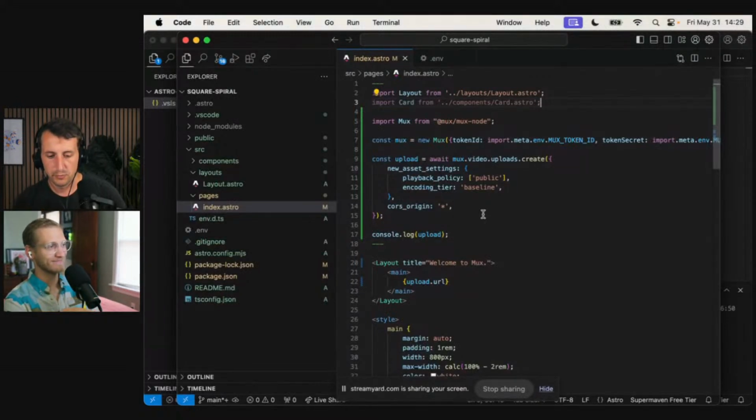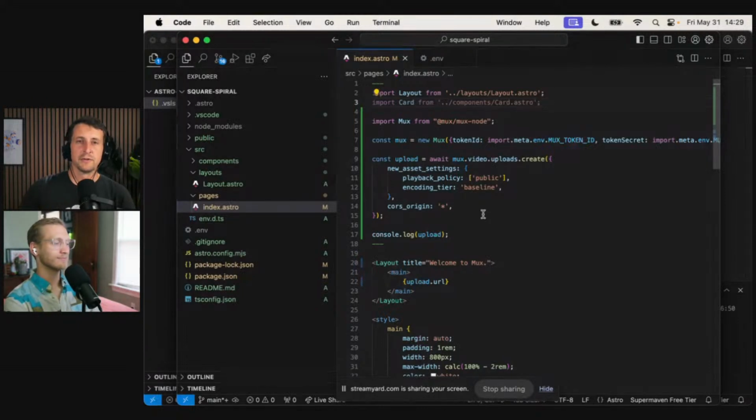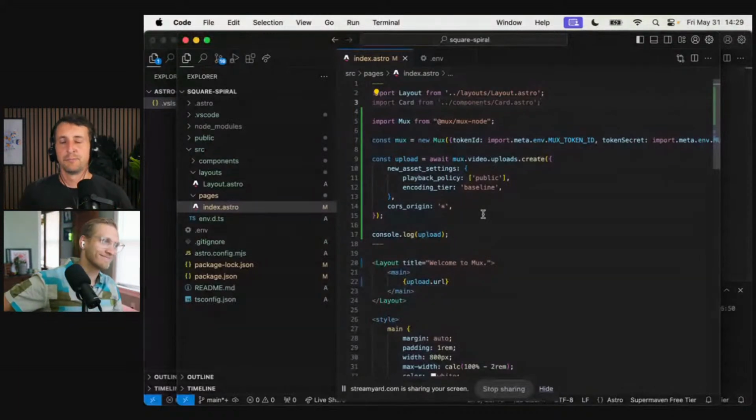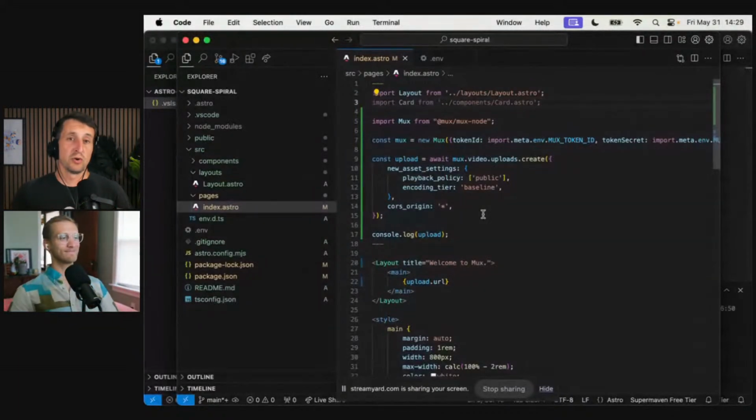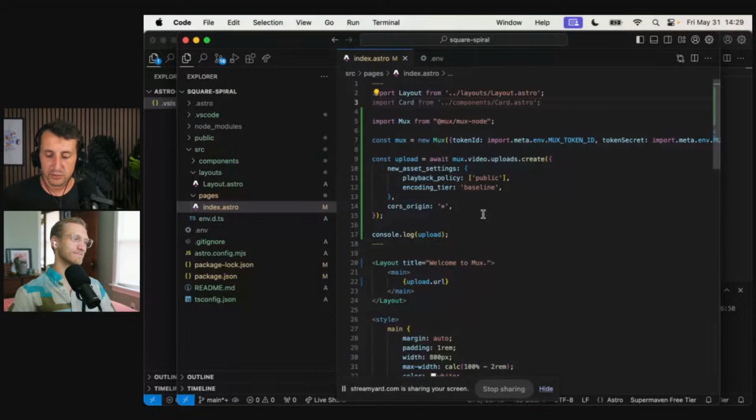So there are two different approaches here. There's Mux Uploader, which is built using web components. We need a web components graphic that I could throw up on the stream right now. That is just going to work wherever we are, as long as we're on the web. Even if you're browsing on a Tamagotchi. Actually, I would put an asterisk next to that. I don't know what the compatibility with web components on Tamagotchi is, but we don't have to worry about all of the different fussiness of wherever you are in a JavaScript framework. It's just going to work.